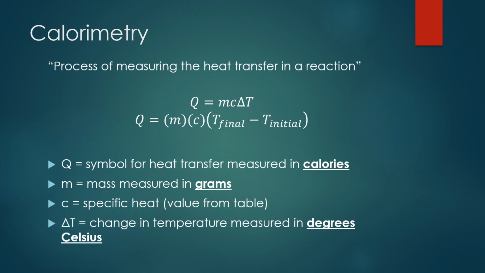So we're going to learn how to calculate heat. This heat that we've been talking about that's involved in chemical reactions, which determines whether the reaction is endothermic or exothermic, can actually be calculated using the following equations. To calculate heat, we usually use what we call calorimetry, a process that measures the heat transfer in a reaction. It's a closed system process where we try to stop heat from escaping the system, and avoid heat from entering the system, to get an accurate heat value.